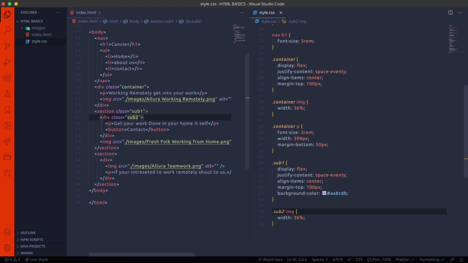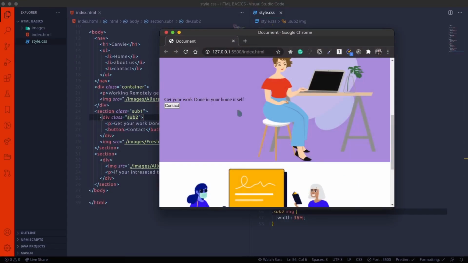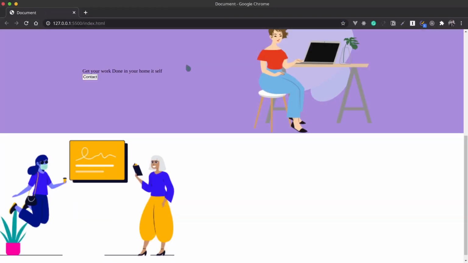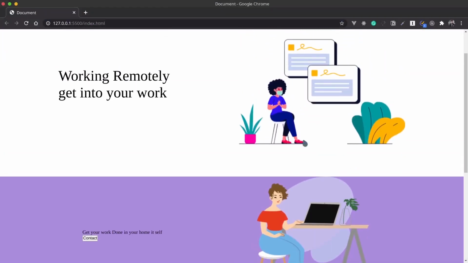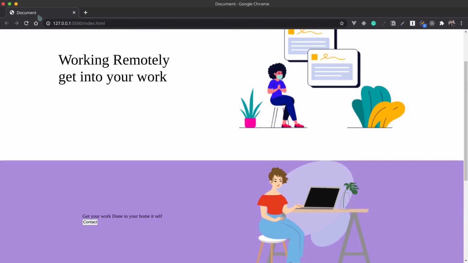So now you can observe. Now this image is to be similar in size.